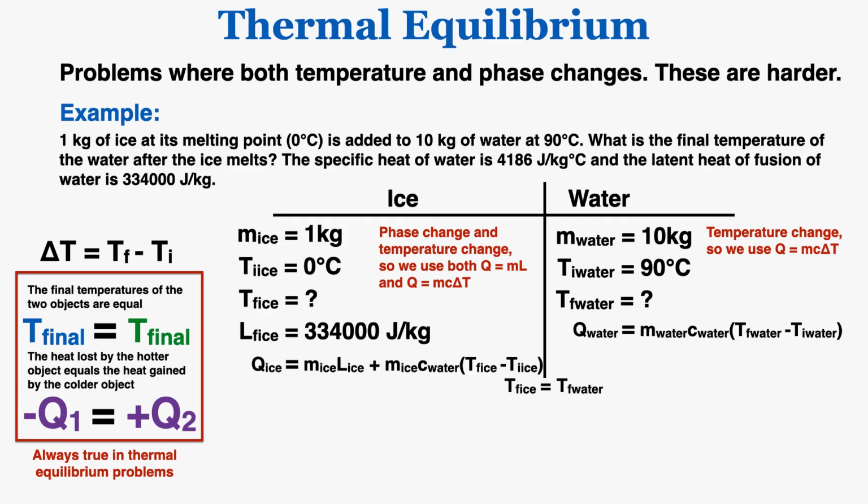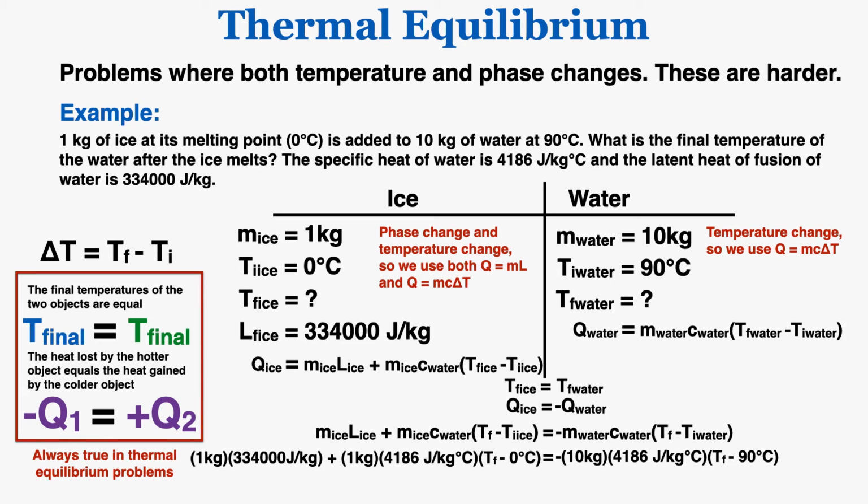I know that the final temperature of the ice will be equal to the final temperature of the water. This is a little confusing just because the ice will be water when it reaches that same temperature. It's going to completely melt. But I'm just going to refer to that mass that's being heated as the ice, even though it's going to become water. I also know that the heat added to the ice will be equal to the heat taken out of the water. So I can set those two equations equal to each other